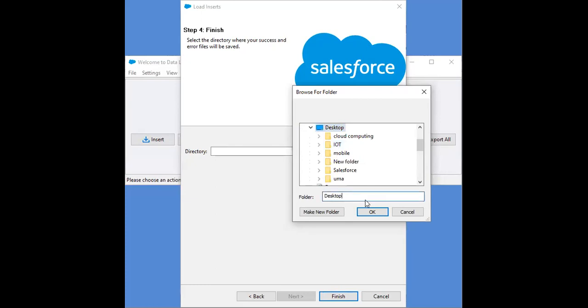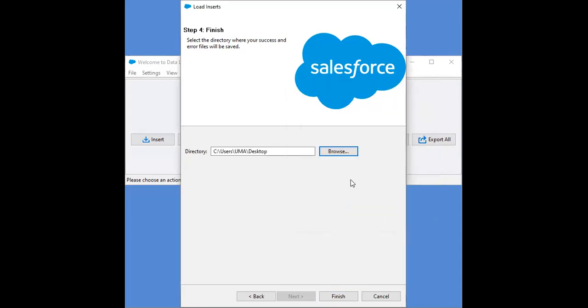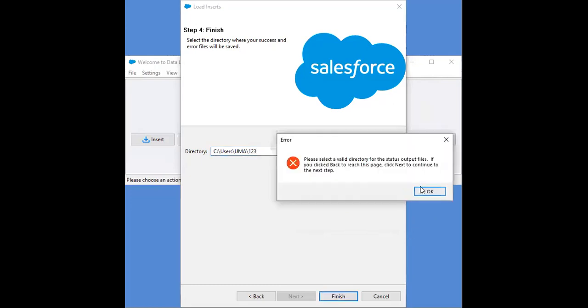For example, the folder name is desktop. Make a new folder, or in the desktop I am going to create the file. For example 1 2 3, let us assume, and then finish.